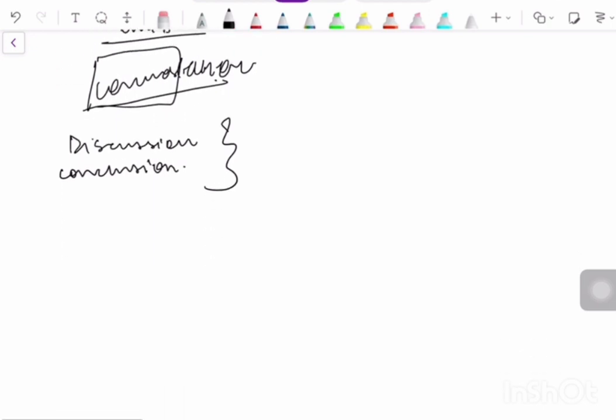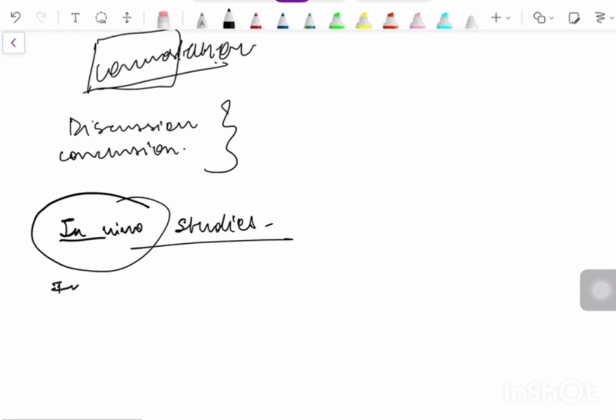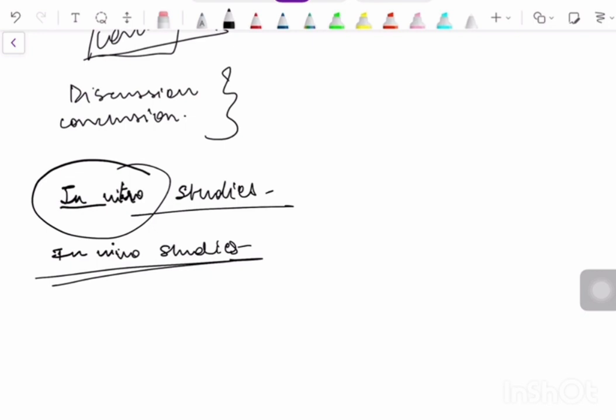Now, the general presentation issue is the order of presentation of information within sections. When available, in vitro studies should precede in vivo. So wherever it is possible, the in vitro studies should always be first mentioned and described, then the in vivo. So first you have to write about the in vitro studies and then the in vivo studies. Where multiple studies of the same type need to be summarized within the pharmacokinetic and toxicological section, studies should be ordered by